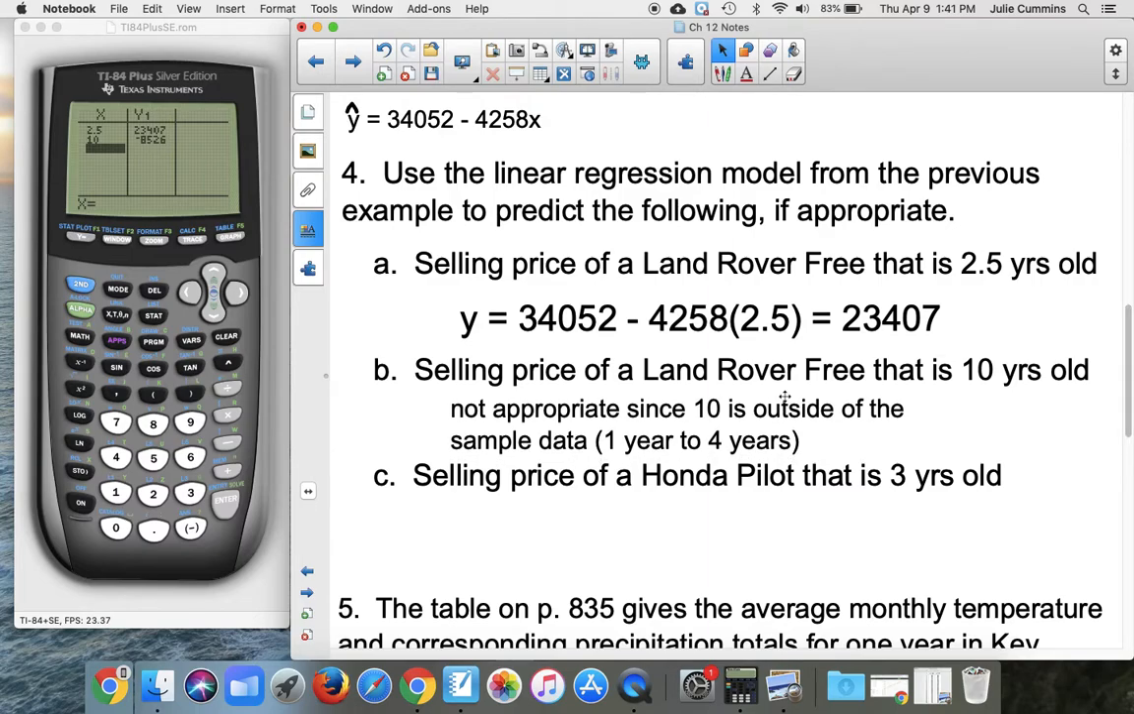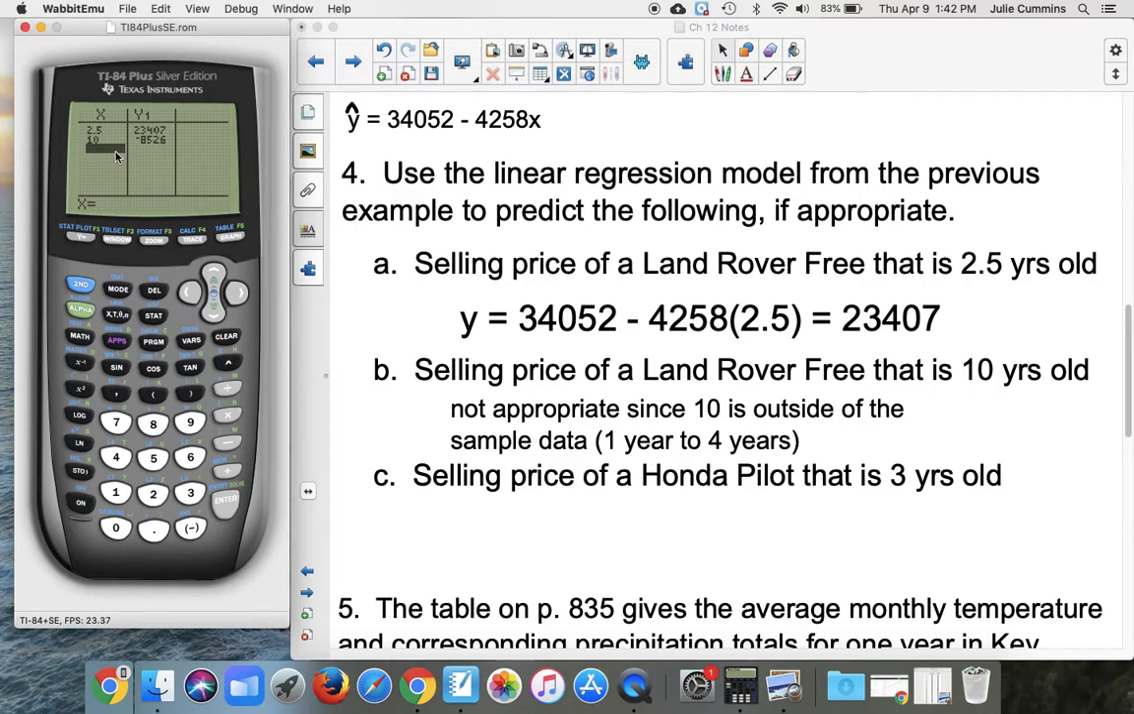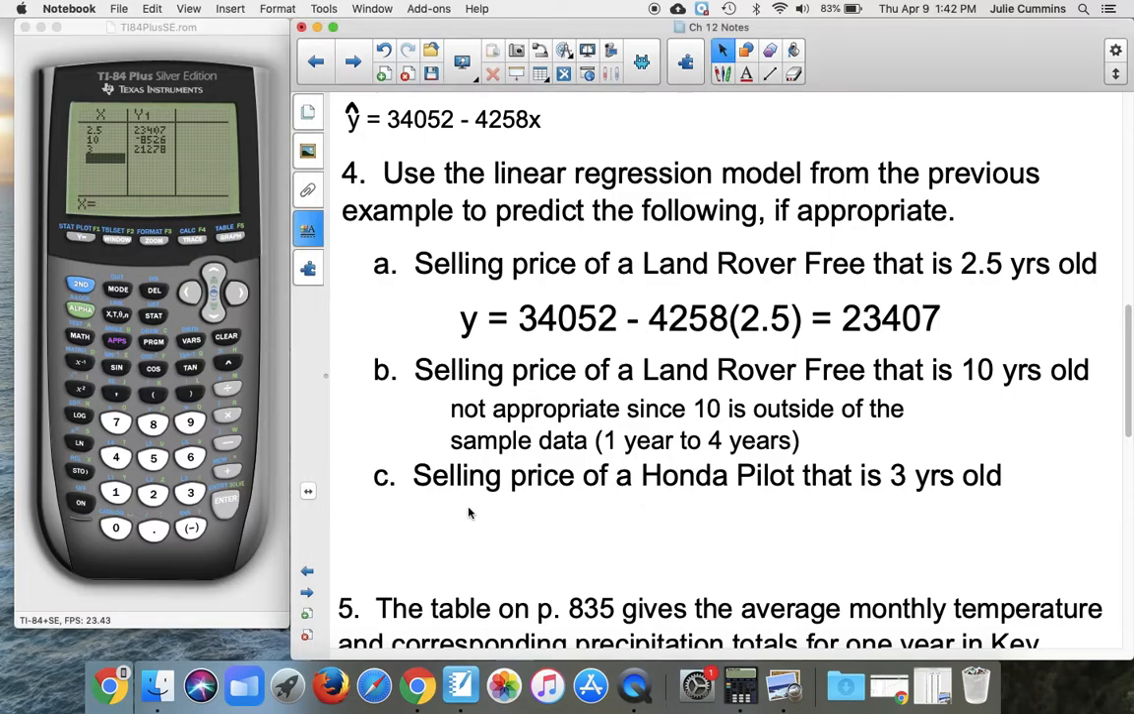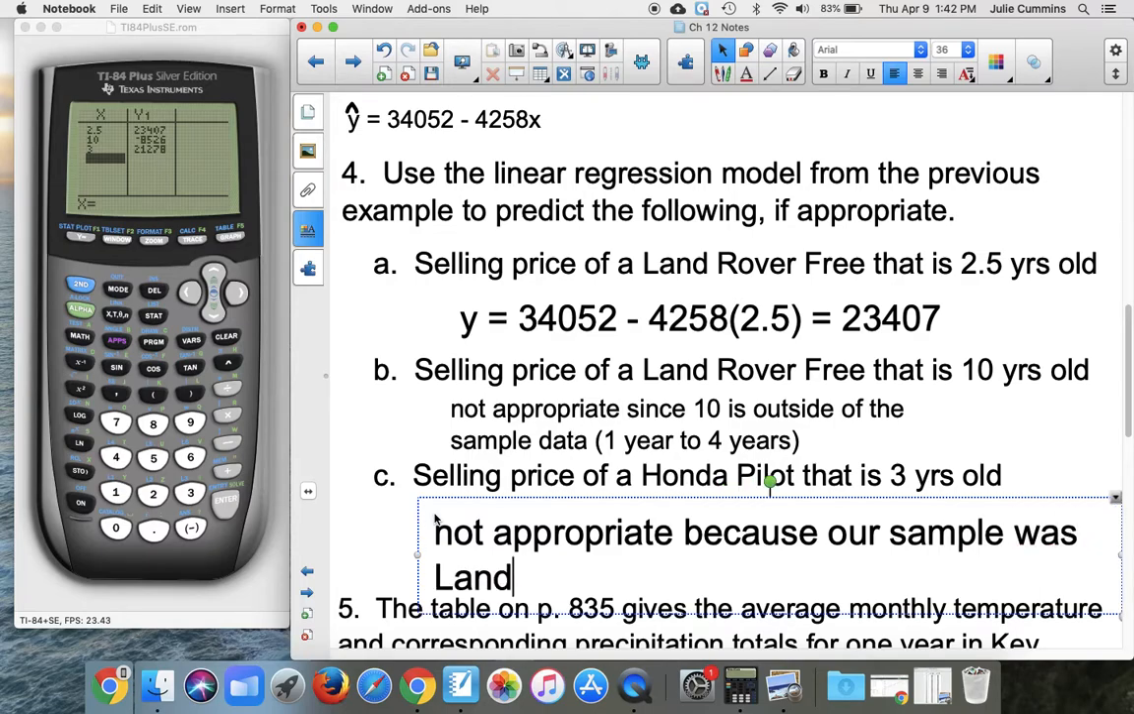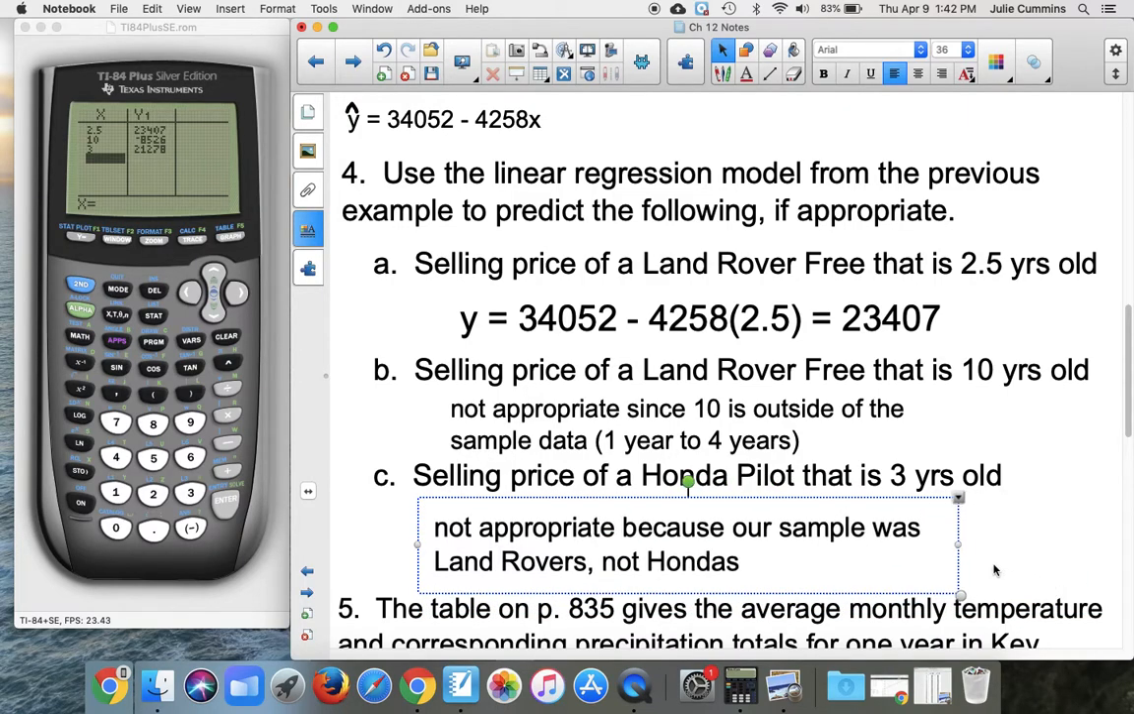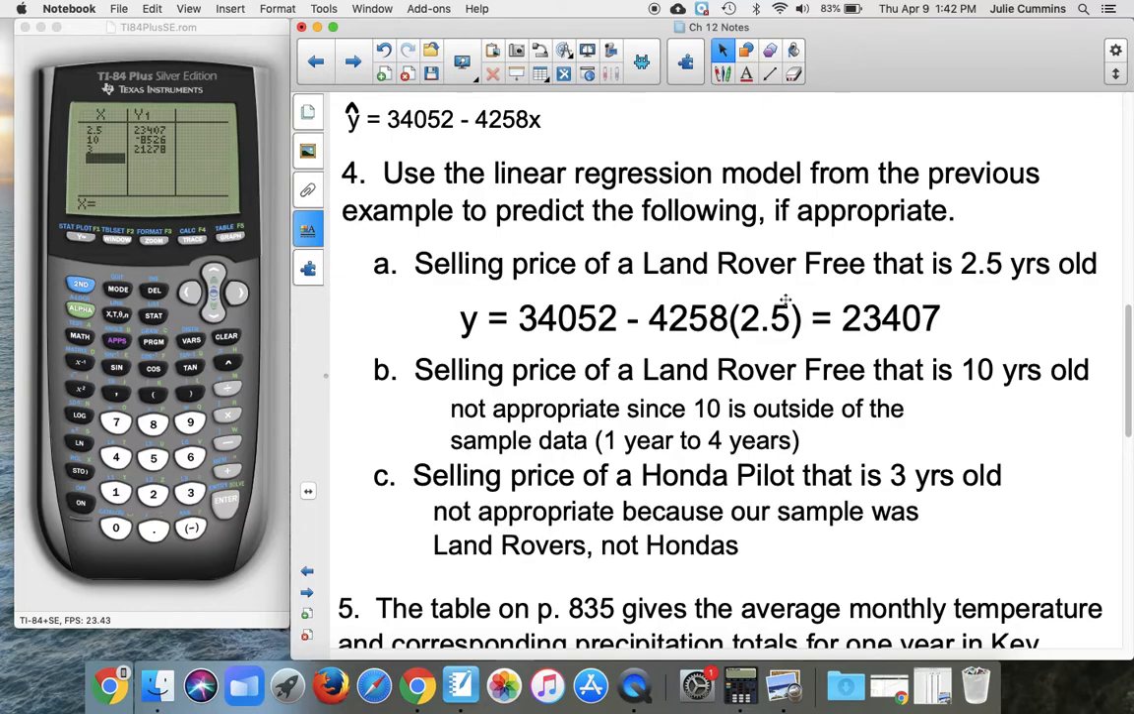Okay, we want to know the selling price of a Honda Pilot that's 3 years old. Again, you can go over here to your calculator and plug in 3, and it's going to give you an answer, but remember this equation was for Land Rovers, not for Honda Pilots. So this one would also be not appropriate because our sample was Land Rovers, not Hondas. Okay, so it has to fit the data. Okay, we'll do one more example in the next